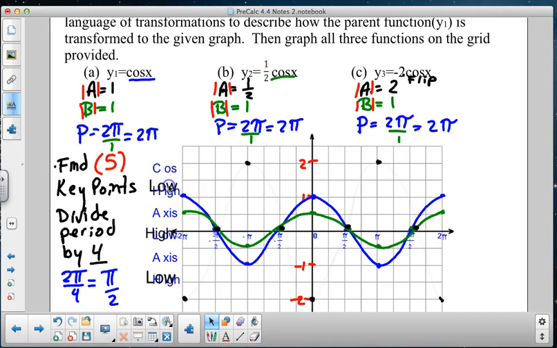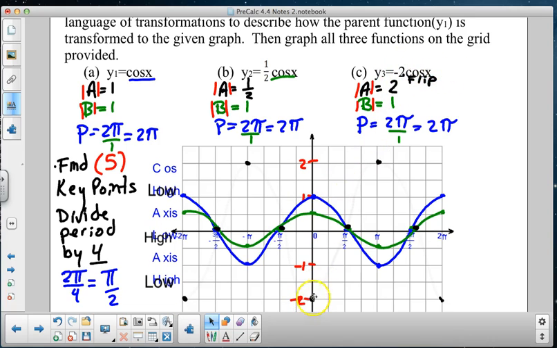Now, in this last one, you'll notice that I put in these new spots. In this next one, our graph is going to undergo a reflection, a flip. So the amplitude here is 2, but it will flip my graph, because of the negative here. So instead of high, we'll start low, and then go to the axis, high instead of low, and axis and low again. And cosine of 0 is 1 times negative 2,